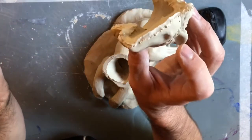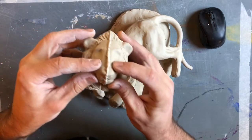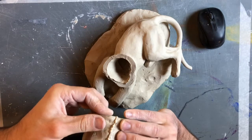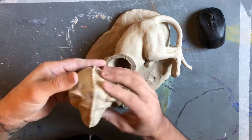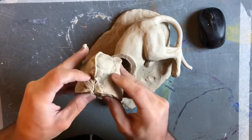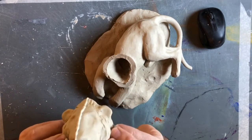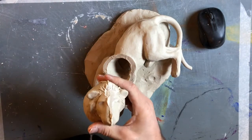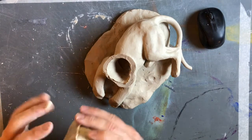Okay, well, we have all the slip in there. We're scored on both sides. And now press it back together so the seam is oozing slip. We're putting medium pressure together, so all that slip is oozing out of where we cut. Don't put heavy pressure, but you have to make sure that the entire thing is being pressed together. Okay, and then once you've pressed that together,